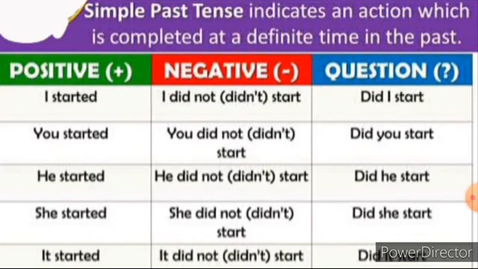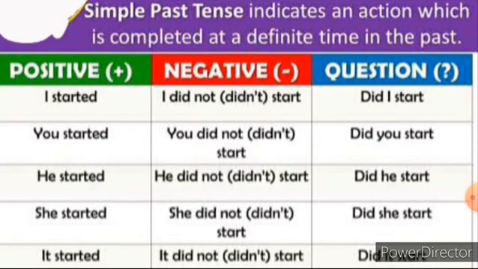For the first person singular I, we have to add the word did. For the past form, you have to use the word did. Did represents the past form. I did not. You should not simply write I not start. Is there any meaning? No, definitely not. The sentence is not a complete sentence. So you have to add the word did. I did not. Why have we used the word did here? Because it is the past form. I did not start. In short form we can say I didn't start.